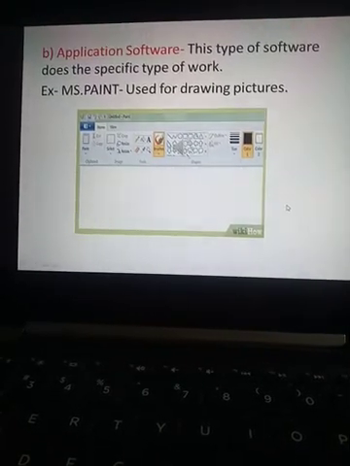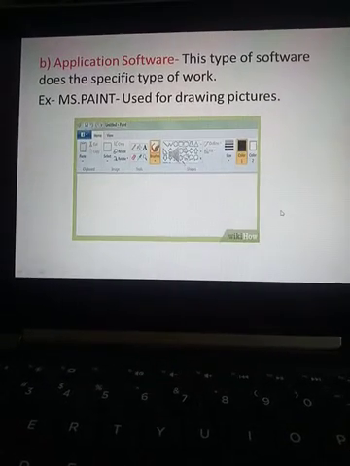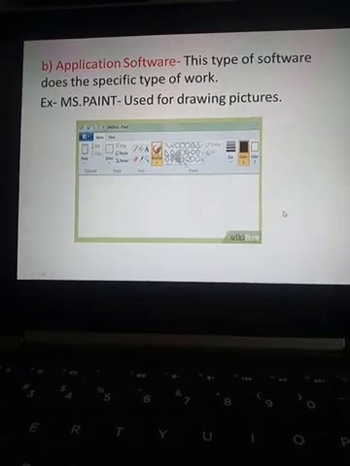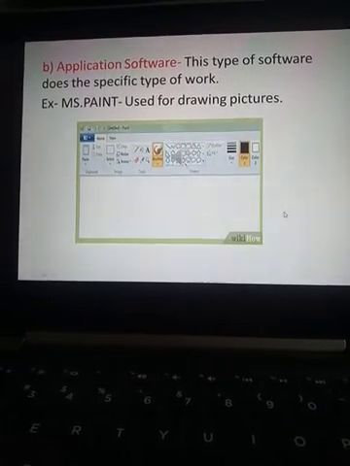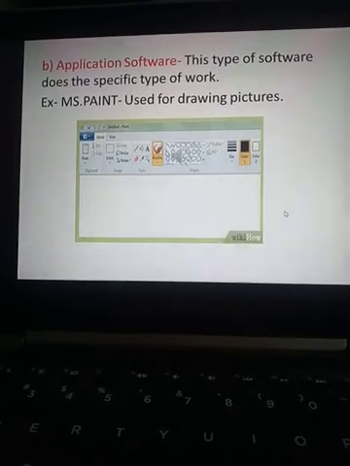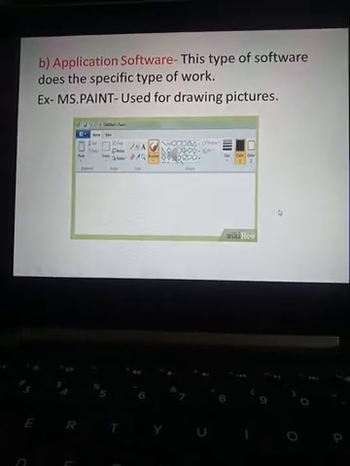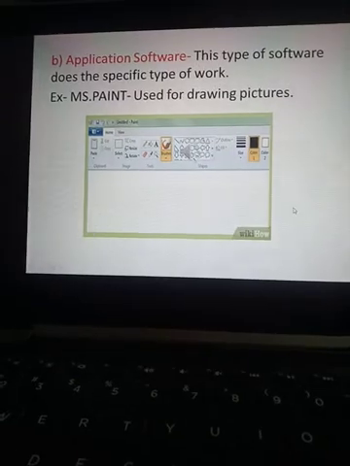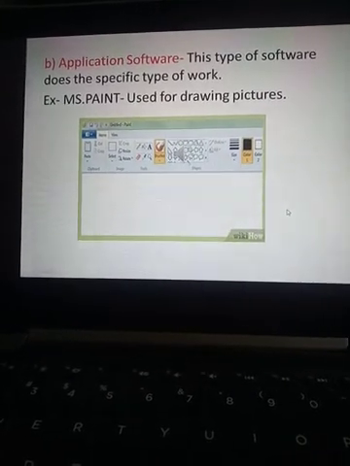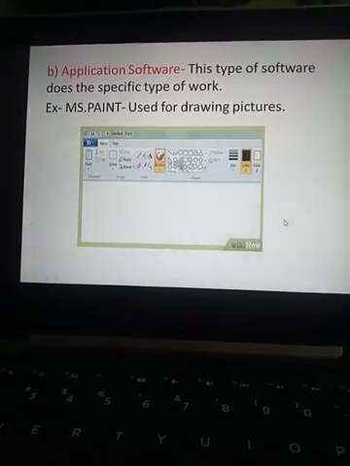There is YouTube, which we use mainly to watch videos. There is the messages icon to send messages. There is the Play Store, which we use to download software. So different types of application software are used for different types of work. In the next slide, we will see some more application software.